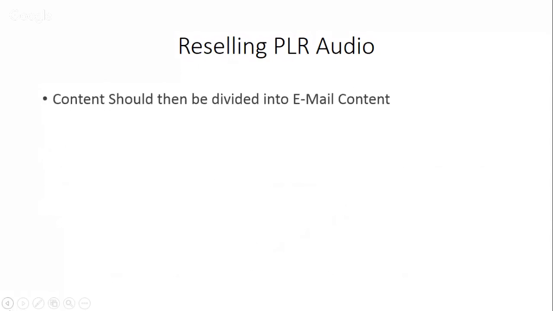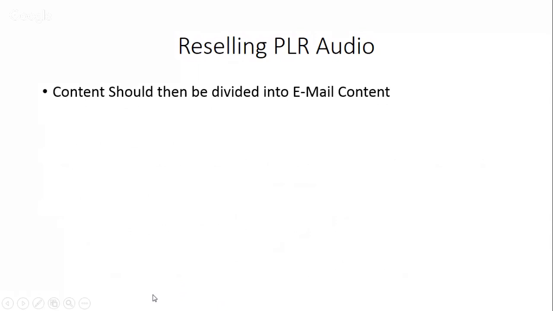Let's move on. Now, what you're going to do is divide that. Basically, what you're doing with 30 to 31 segments is creating emails. That's why I said divide it into 30, 31. You're creating a month's worth of content. So 1 hour of transcribed audio becomes a month of content emails. How many of you all like to write content emails?